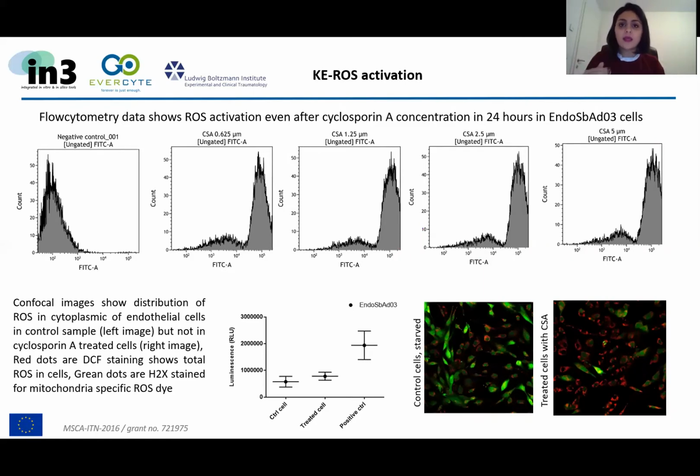And then, again, thanks to my colleagues at the Ludwig Boltzmann Institute, we wanted to see: if mitochondrial transition pores are closed and OXPHOS is increased, we have to see an increase of ROS in the cells and in the mitochondria. So at first, the data that I'm showing you is now just for endothelial